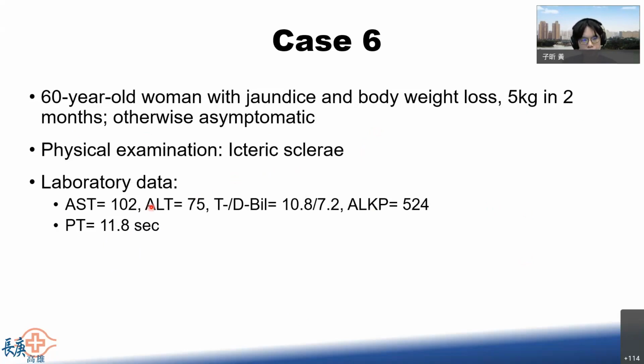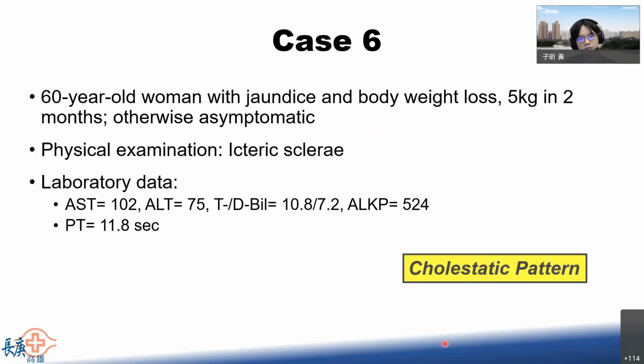And the lab data shows you slightly elevated AST/ALT, bilirubin up to 10.8. The direct type is 7.2. So this is direct type and a cholestatic pattern. Alkaline phosphatase is 524. The PT is normal, borderline slightly elevated. So we have the experience from the past case. From the previous case, we arranged an abdominal echo for this patient as well, because we know there may be